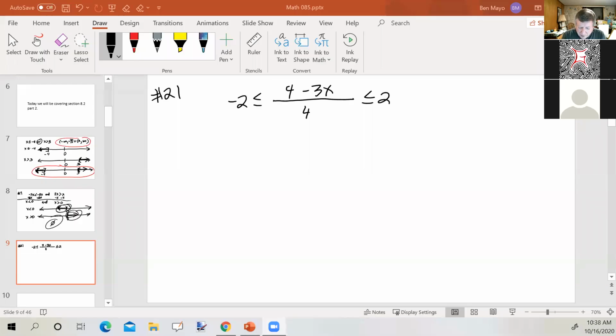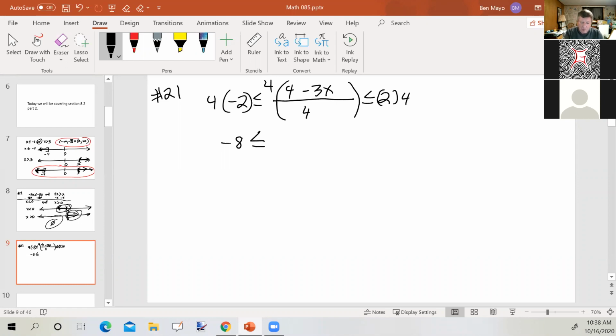So let's clear the fraction on the inside, in the middle there. So I'm going to multiply each piece by 4. So this times 4, this times 4, and that times 4. So on the far left end, I get -8. I did not multiply or divide by a negative number, so I will not change the direction of the inequality